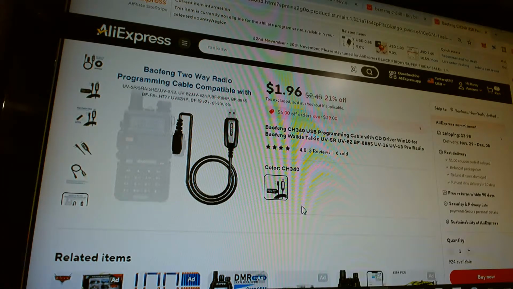So the software is on their website. If you go to the SH Data website, you download that software. That's the software you need to program. It's very, very simple, but you need this cable. And then I'll make a video on how to connect to it. And that's why I'm buying this thing today.